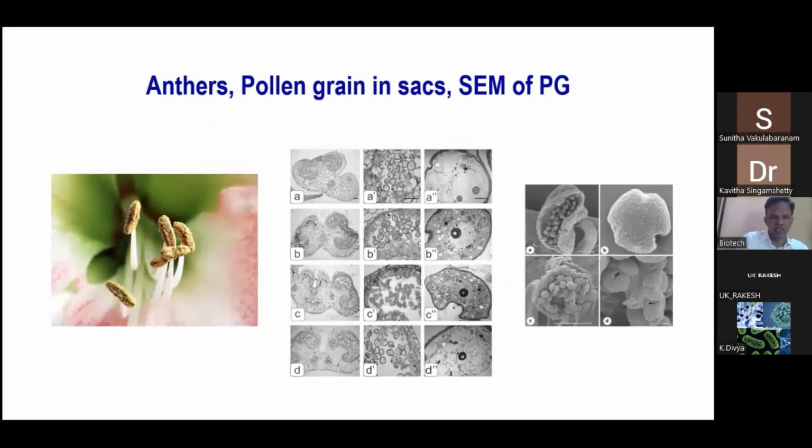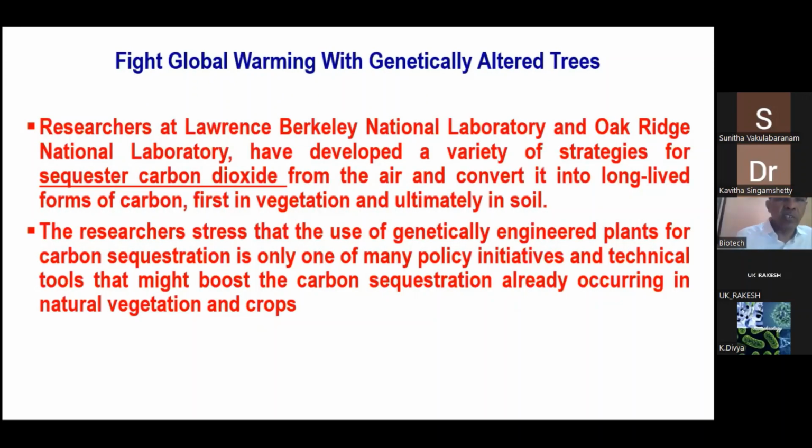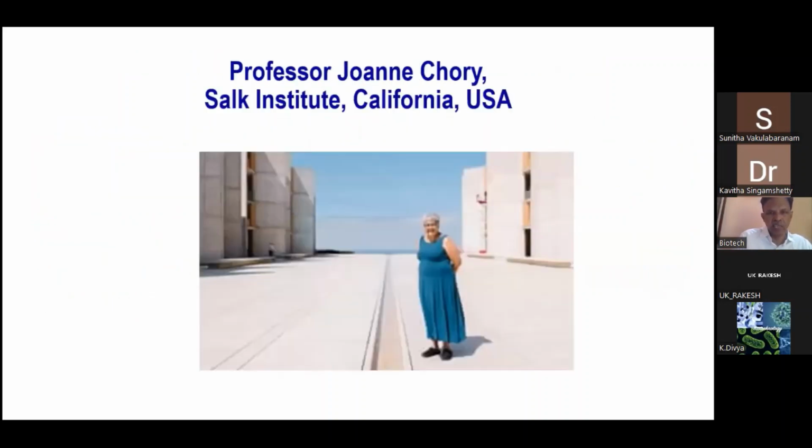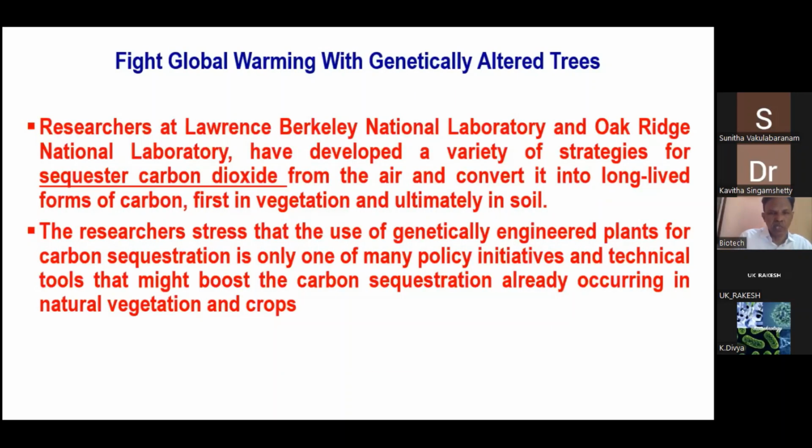This is Barnase-Barstar system. And then one very important issue that I would like to suggest at the time of closing of this lecture is one researcher at Lawrence Berkeley National Laboratory. I think, yeah, this is a lady, Professor Joanne Chory from Salk Institute, California. What she is trying to do is, she is trying to tell the policy makers that carbon dioxide from the air has to be sequestered to the root system of plants,